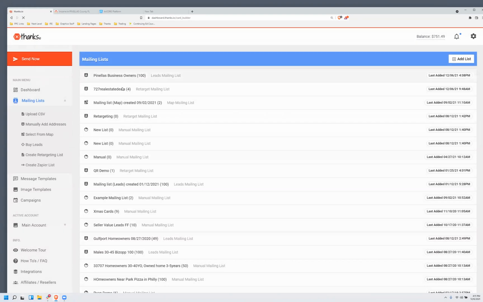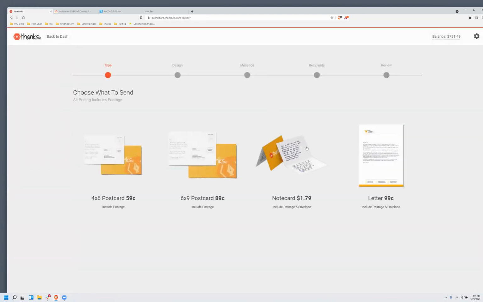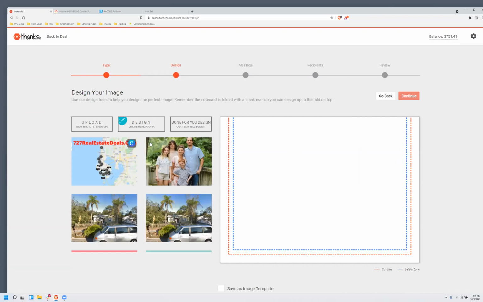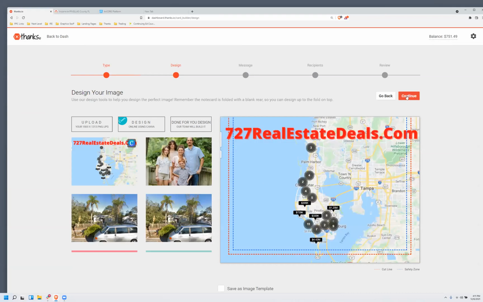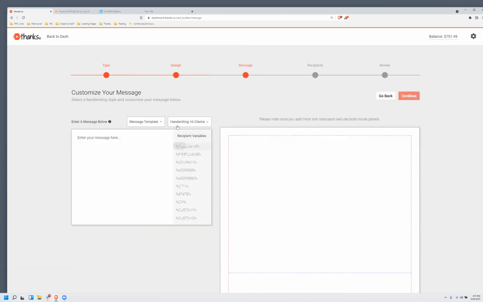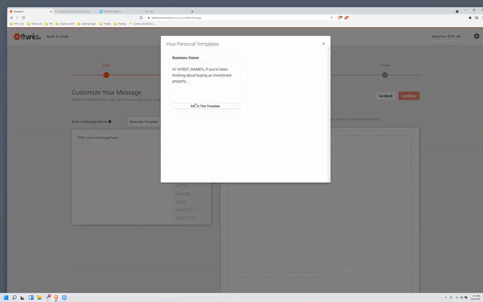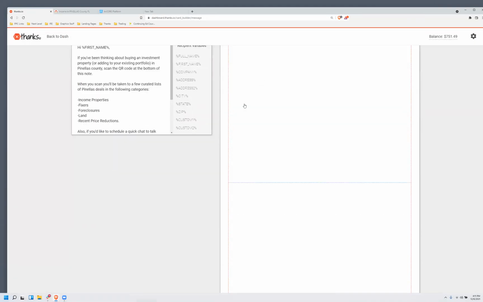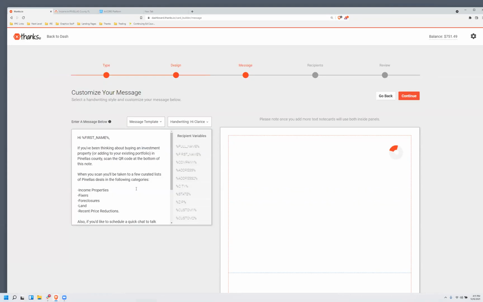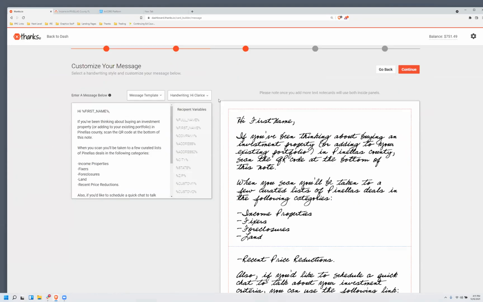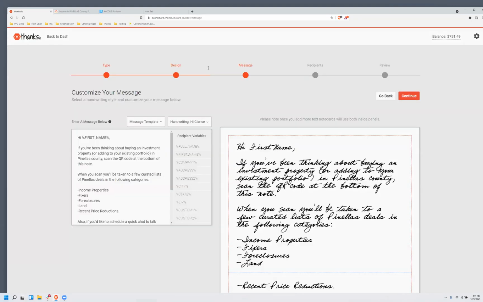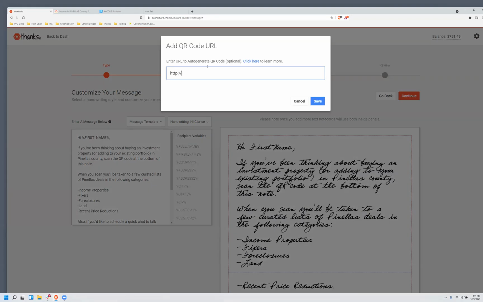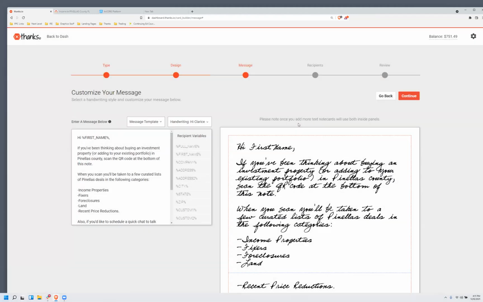There's a few ways I can do that. I'll click here on send now. I'll choose the note card option, choose the image, hit continue, choose that template. It'll kind of write it out for me right here. I'm going to edit the QR code so that it has 727realestatedeals.com. So if this card gets scanned and they go to my site,